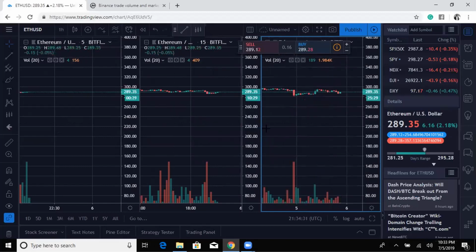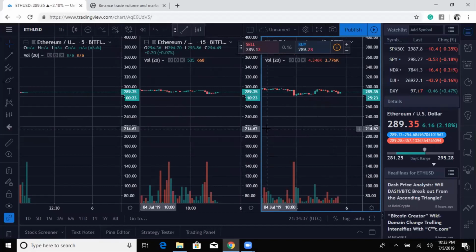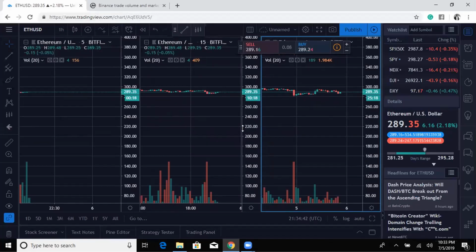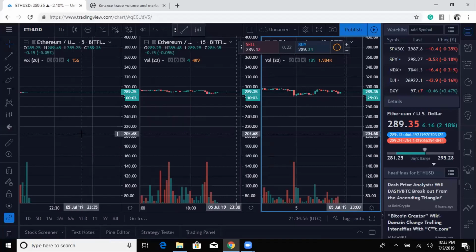So the reason why we're making use of these multiple time frames is the fundamental rule. Remember we said, you may want to write this down, it's really a very important point. This is the fundamental rule we trade with. It's actually the strategy we make use of. And the thing is, if the lower time frame is showing that the price is going up, and the larger time frame is showing you that the price is going down,